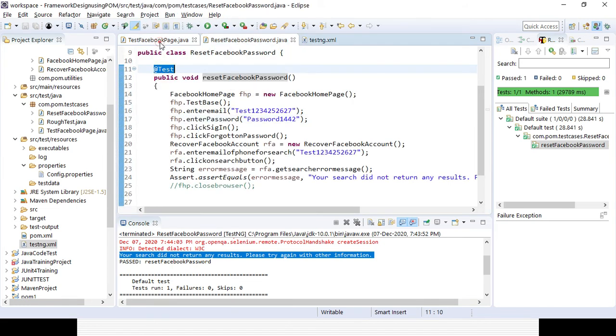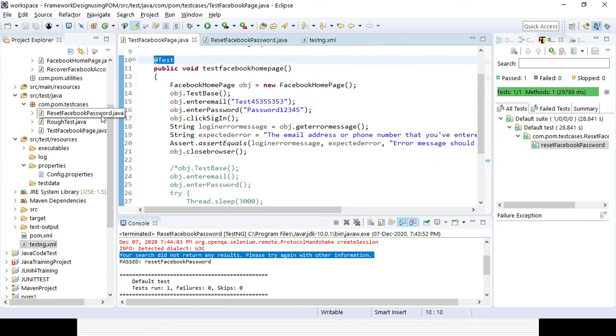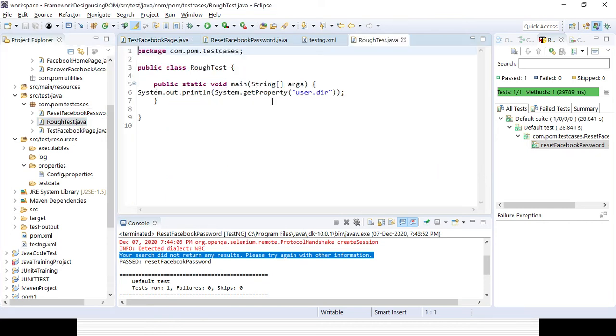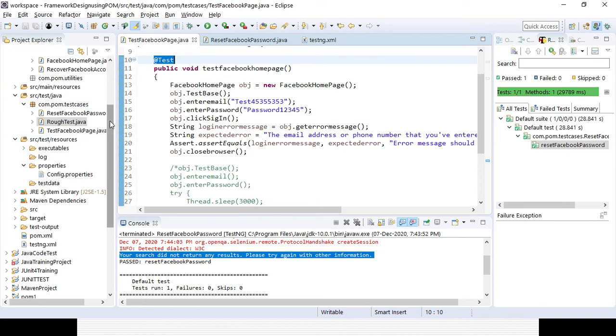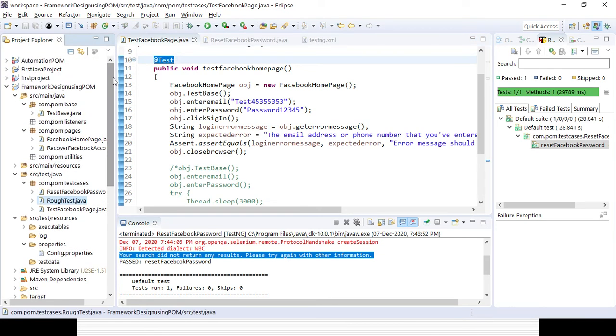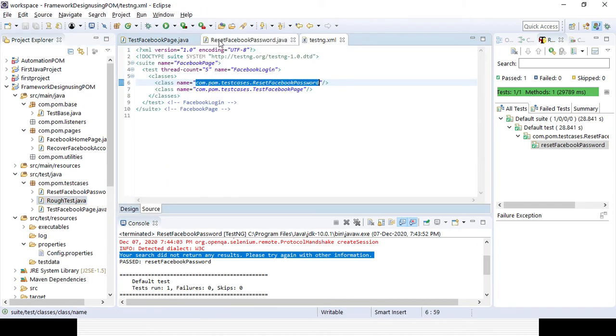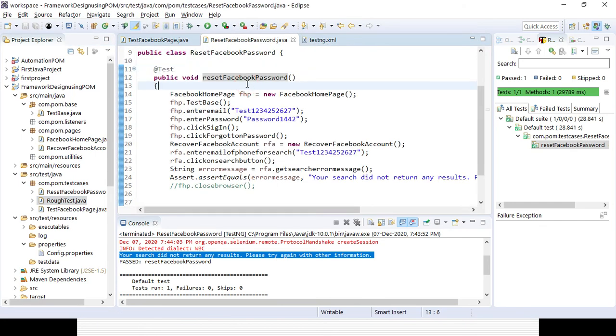These are the classes having the @Test annotation. If you open the Rap.java class, you can see there is no @Test annotation there. That is the reason it is not included here. If you include any other classes which do not have the @Test annotation, they will not be executed.